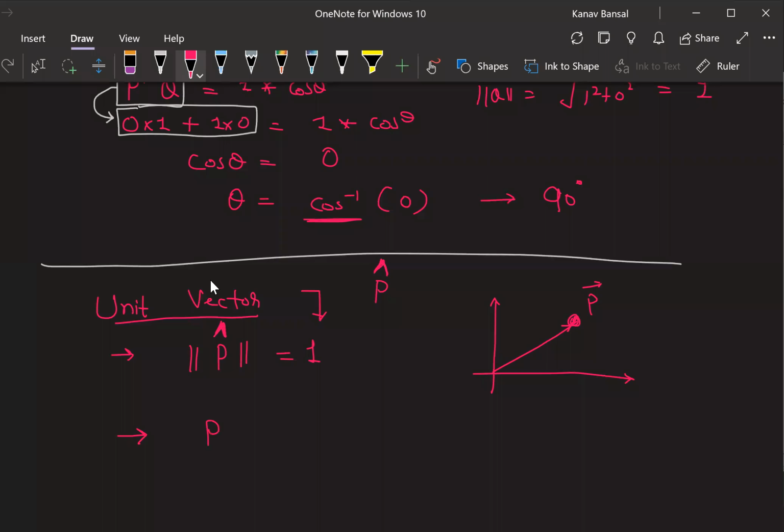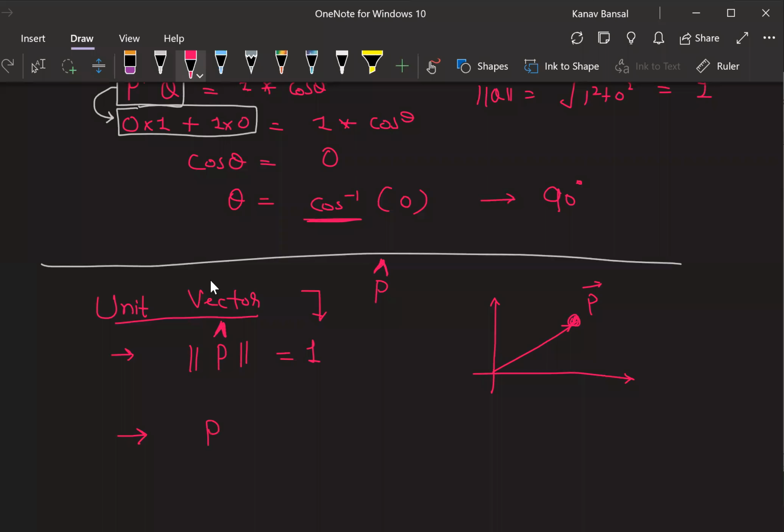Now, what are we saying? From the theorem, we already know the length of the unit vector, right? Because it is a unit vector, the length will be equal to 1. Now, how do I calculate the length of this unit vector? In order to calculate the length, I can simply say that the length of the unit vector is equal to under root of (3 by under root 13) whole square plus (2 by under root 13) whole square. This is going to be the length.